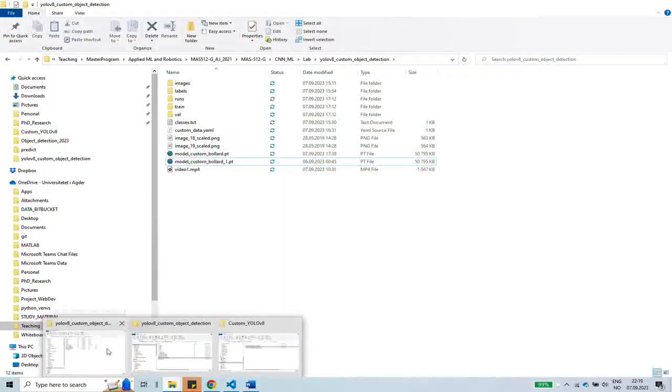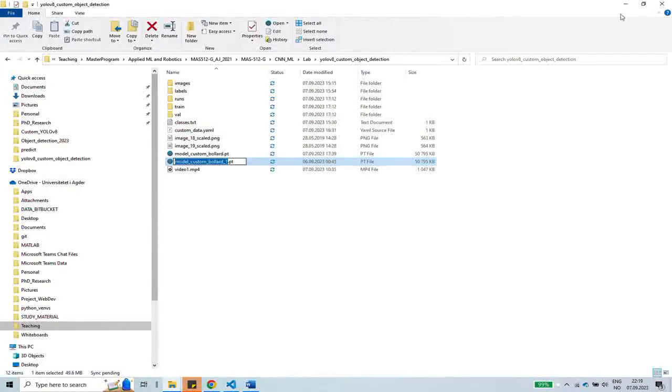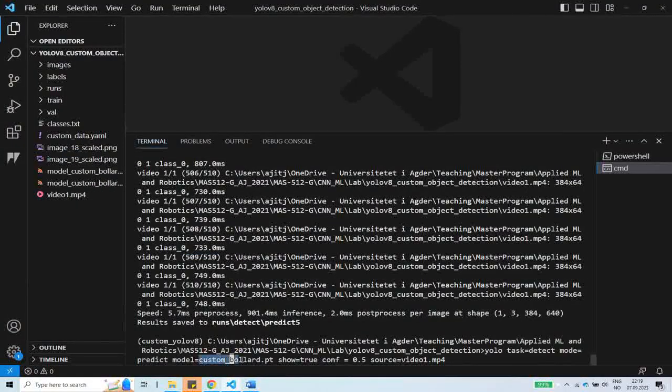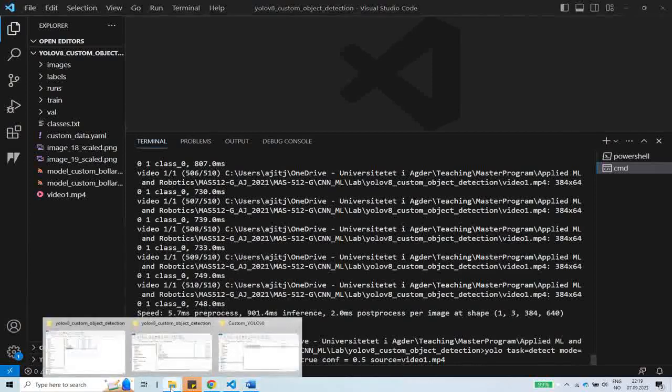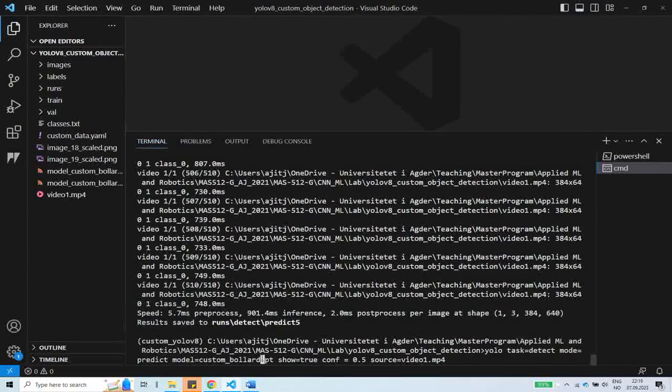So the name was model custom bollard 1. So bollard 1. So we use this confidence, and we can give the source